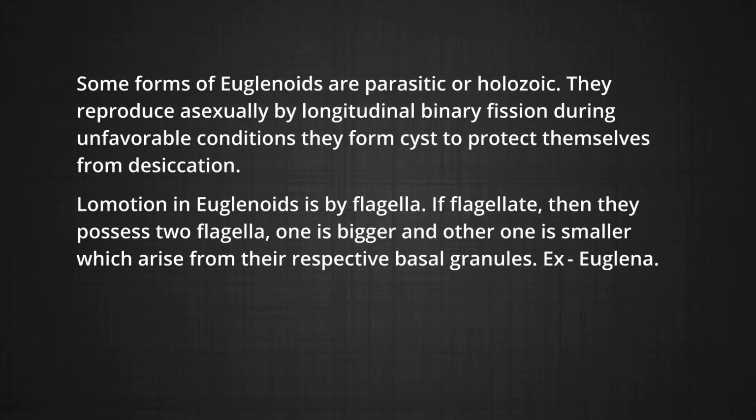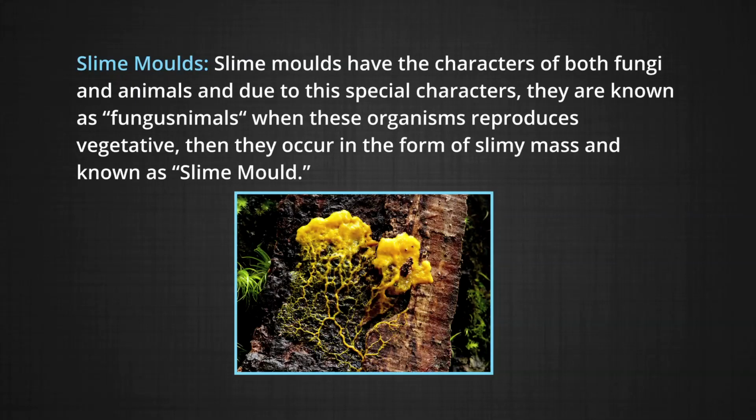Locomotion in euglenoids is by flagella. If flagellate, then they possess two flagella. One is bigger and the other one is smaller, which arise from their respective basal granule. Example, euglena. Slime molds. Slime molds have the characters of both fungi and animals, and due to the special characters,